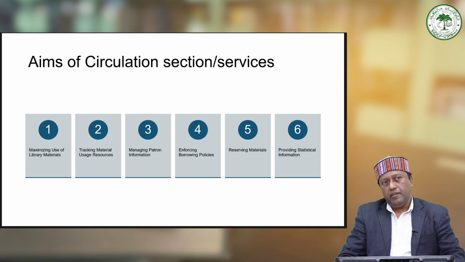Same is the case here. Suppose you find in the record that a document is not available in the library and you are quite inquisitive to read it. What provision we have in the library is that you can contact the circulation desk and immediately reserve the document. Once you reserve the document, just fill up all the details. I'll let you know the whole thing in due course of time. Once you fill up all the details and submit them with the circulation